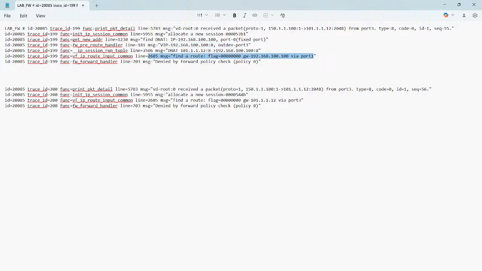Okay. Now what happened? Same traffic is there, same source, same public IP, came from same port number. Okay. Here also allocated new session, there was no session. Then message find a route. Here DNAT is not happening at all. Okay, because we have set a firewall only do a DNAT for port number 80. Don't do a DNAT for ICMP or any other traffic. So DNAT will not happen now. Firewall will save some resources now, and firewall will check a routing and the security policy and deny this particular